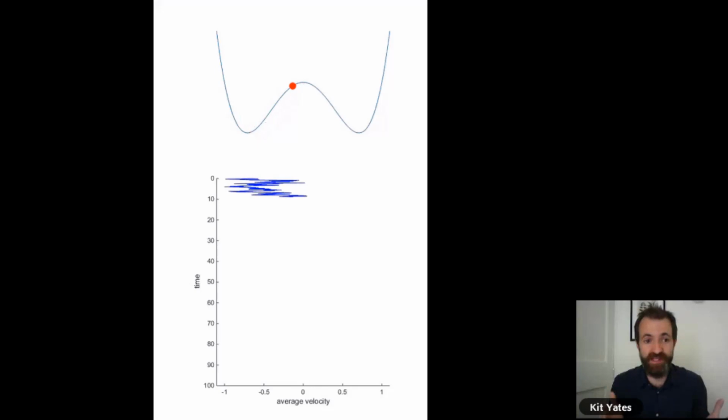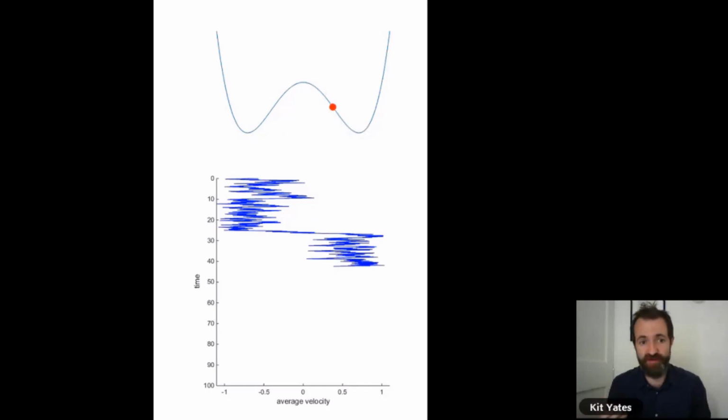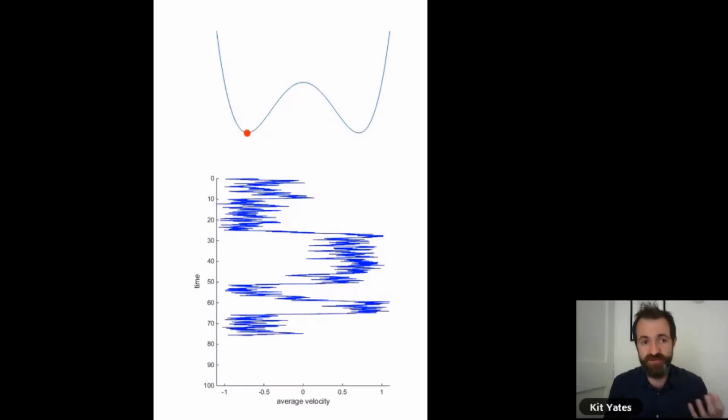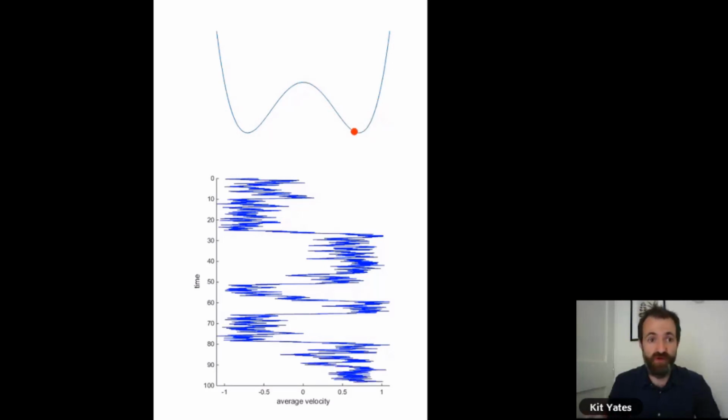Thanks. So this is the beach ball, this red dot, and you can see it going into this right-hand valley, and then eventually it will switch back to the left-hand valley, and it will move around stochastically. And you can start to see that the trajectory that this beach ball is mapping out is quite similar to the trajectories we're seeing in the experiment. It stays in one direction for a while, and then it goes to the other direction for a while. So we thought, well, this is the sort of behavior we want to replicate.